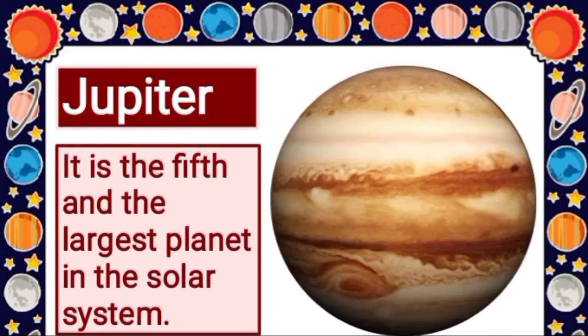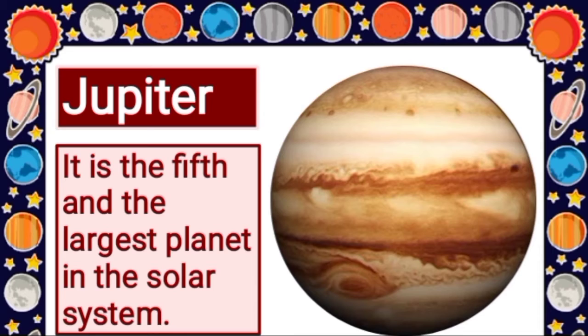Next planet is Jupiter, and it is one of the 8 planets that orbit or travel around the sun in the solar system, and it is the largest planet in the solar system, and it is bigger than all the other planets put together. And Jupiter is the 5th planet from the sun, and it travels around the sun at an average distance of about 483 million miles. So in short, it is the 5th and the largest planet in the solar system, and Jupiter